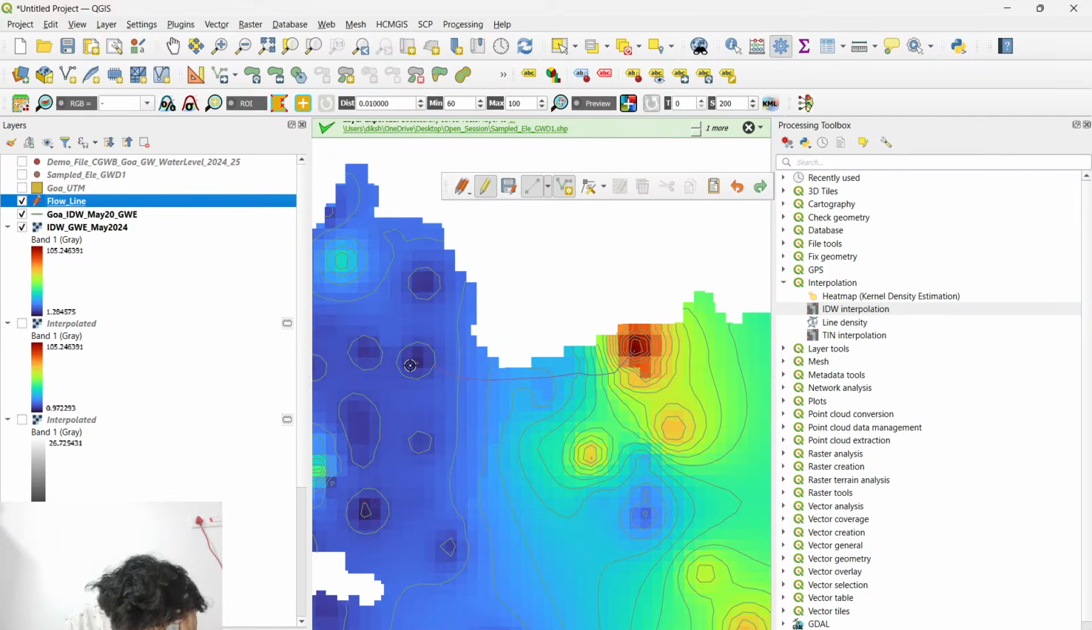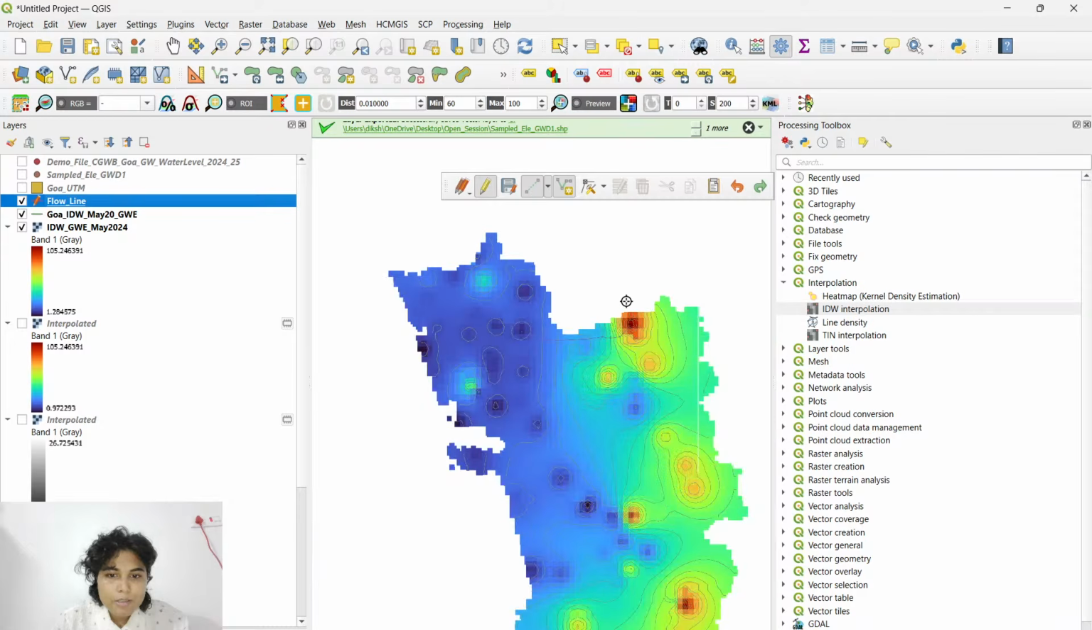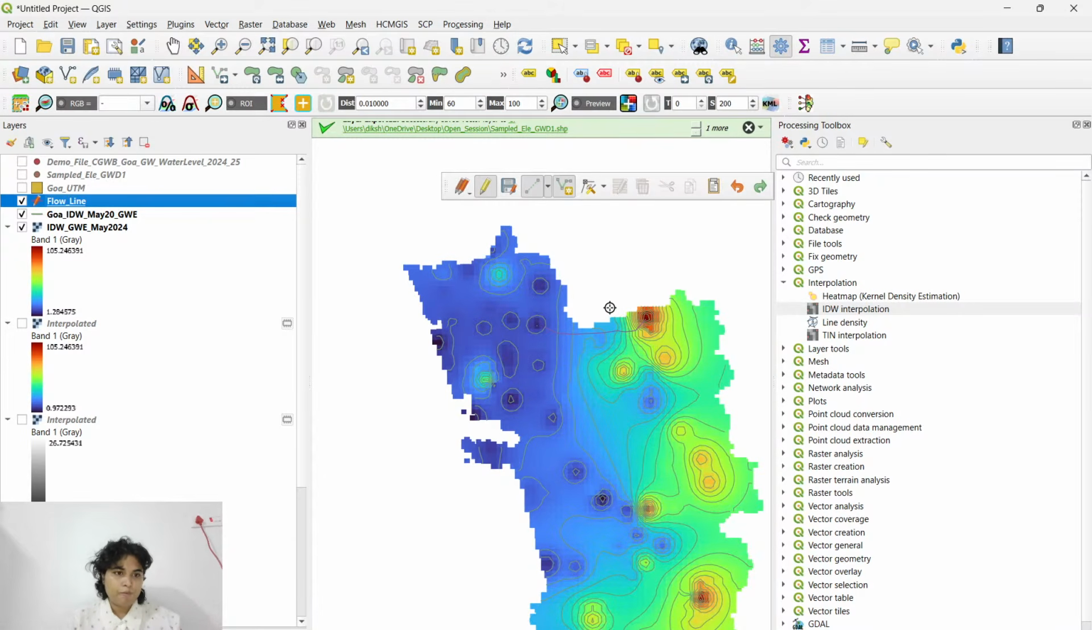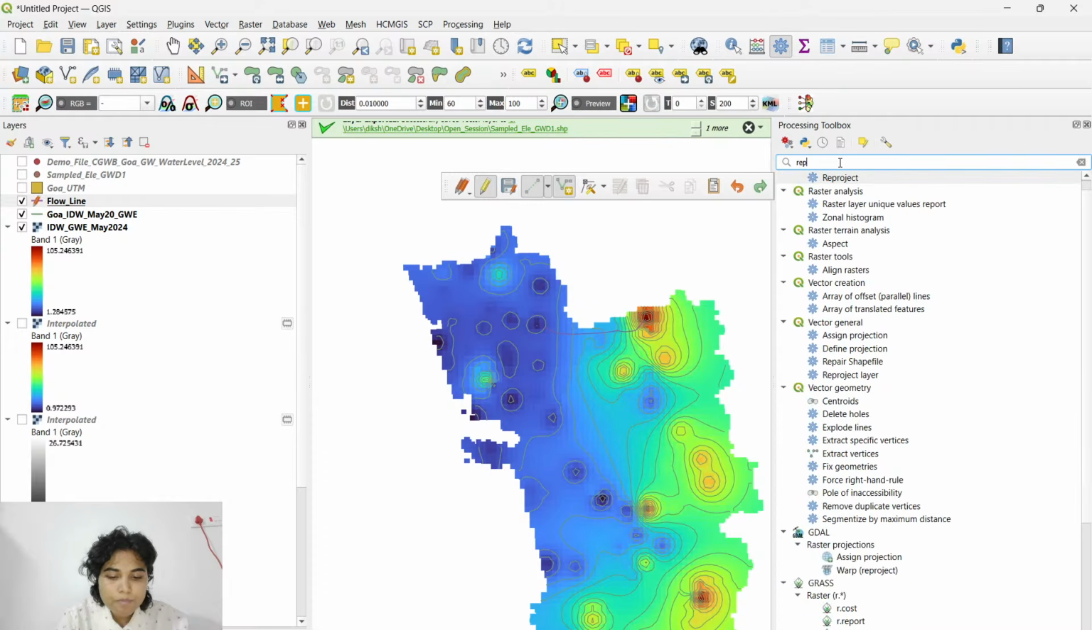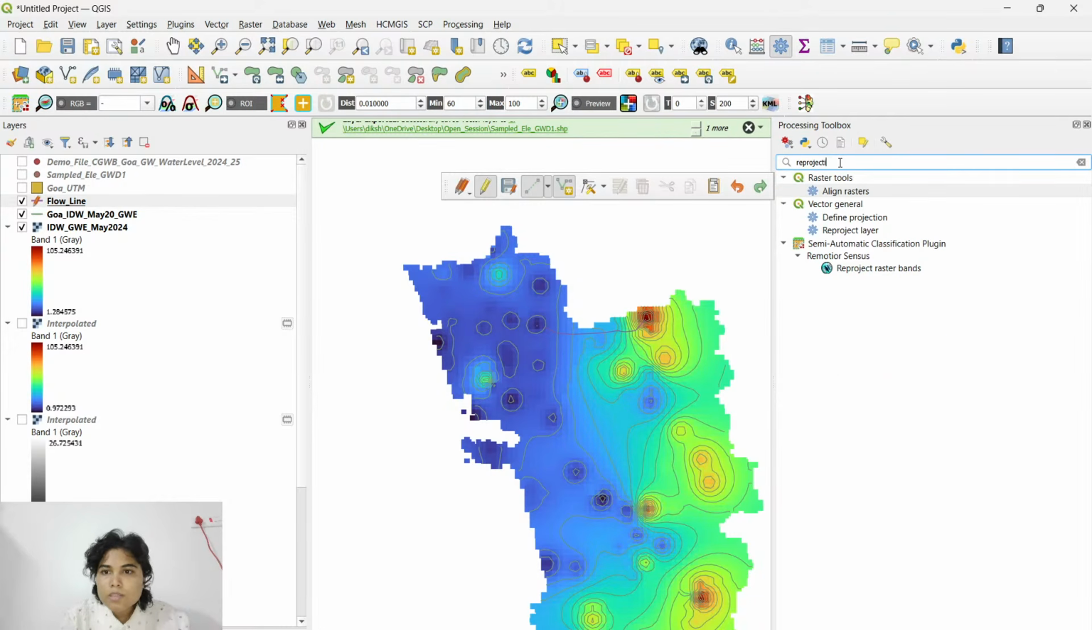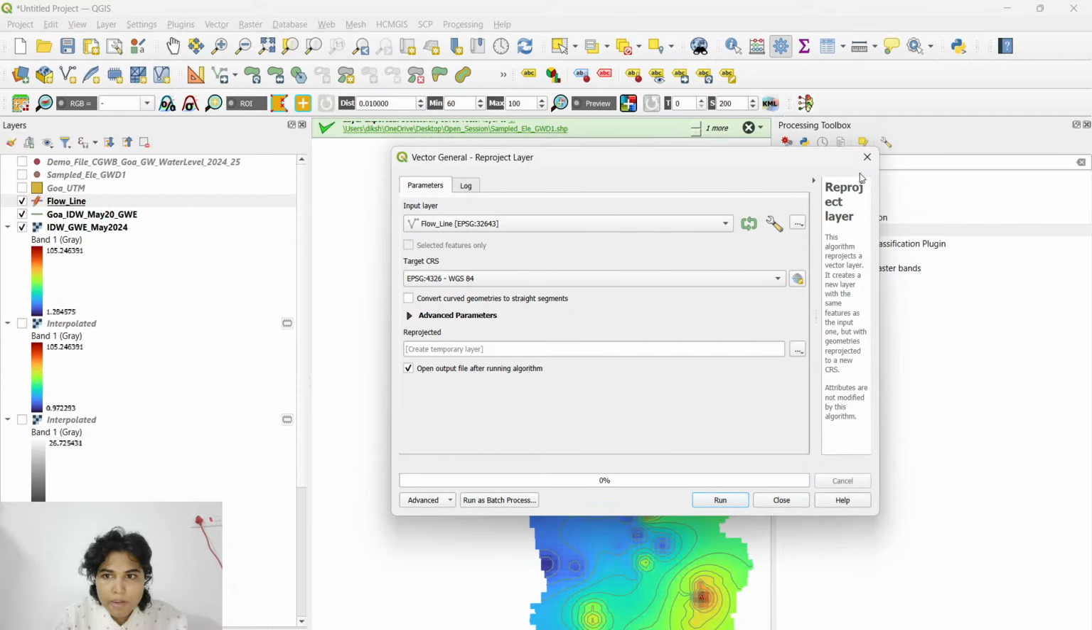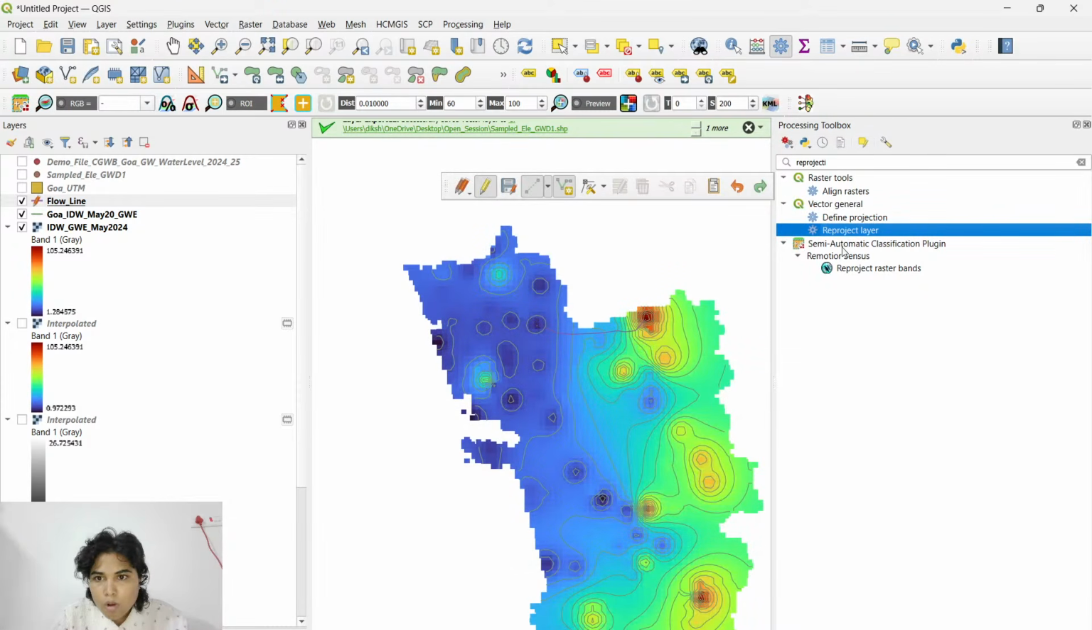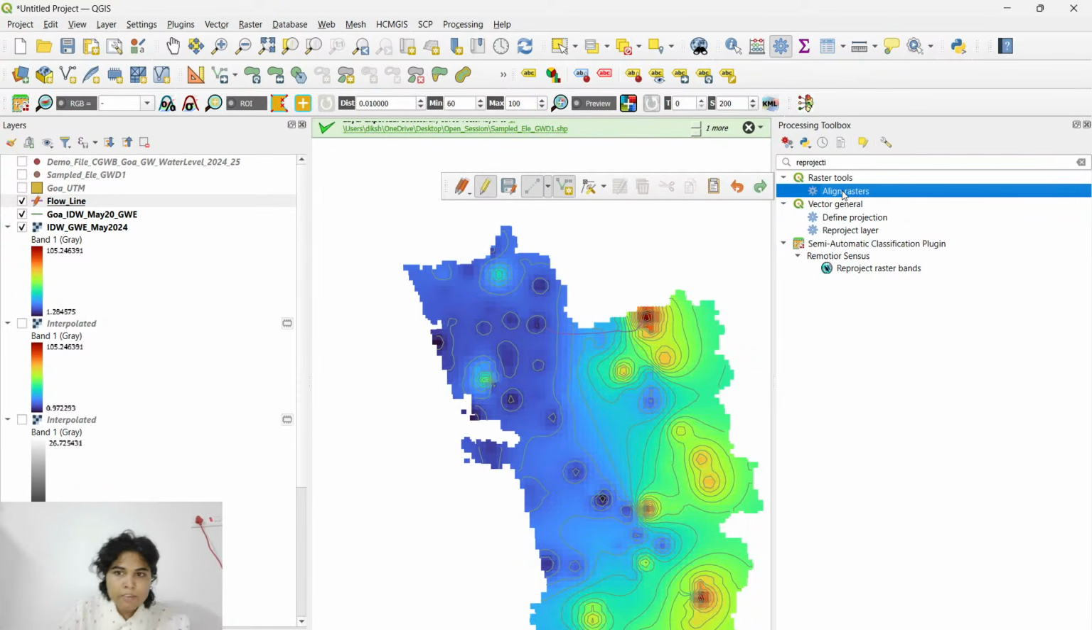Yes, correct, Mansi. The projections have to be the same. Whenever you are using two files together, make sure that the projection is the same. If the projection is not the same, then you can go for reprojecting it. Use reproject layer for vector, and for raster you have align raster. You can use these tools to reproject it,